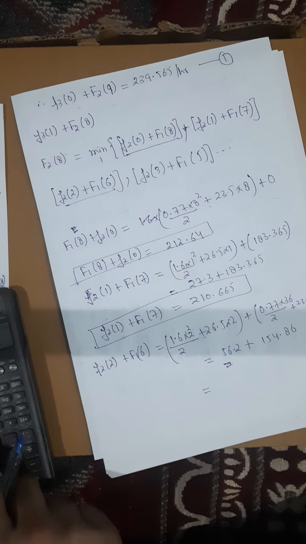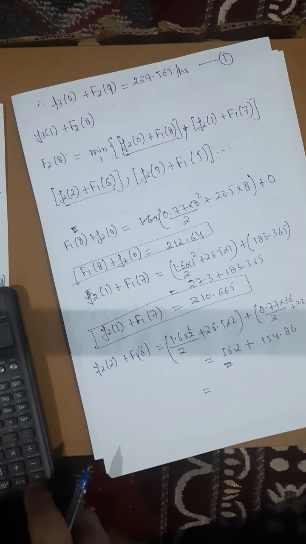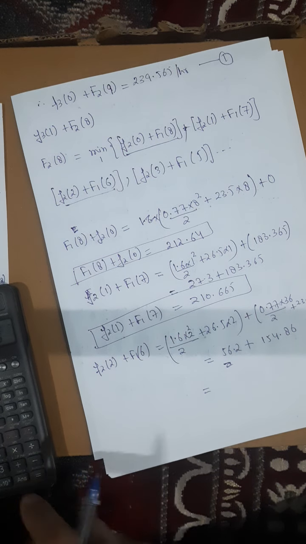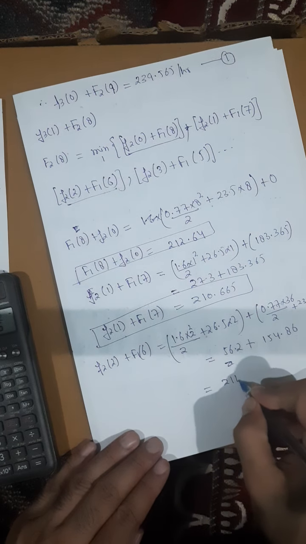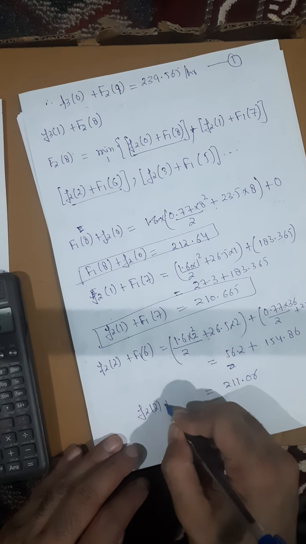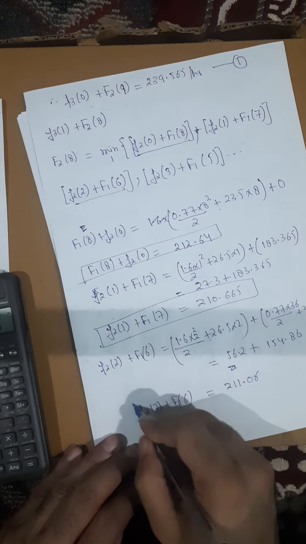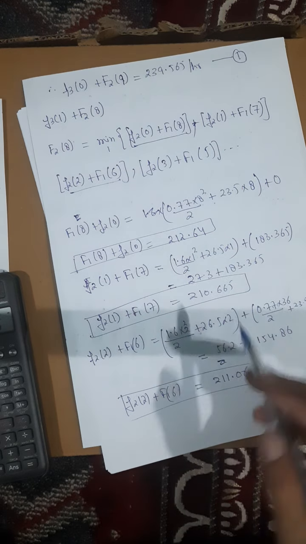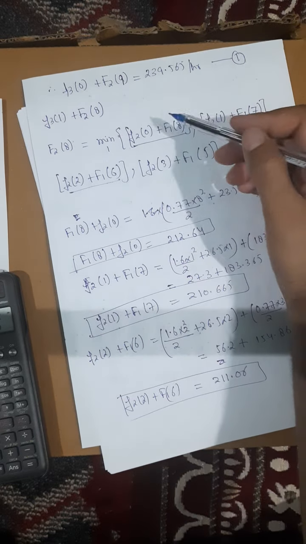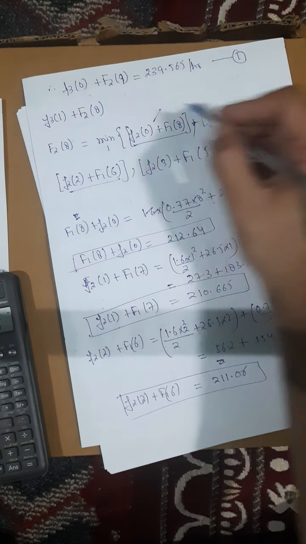154.86 plus 56.2. You are getting 211.06. So this is f22 plus f16. If you use further these combinations, you can see the cost. For this combination the cost is